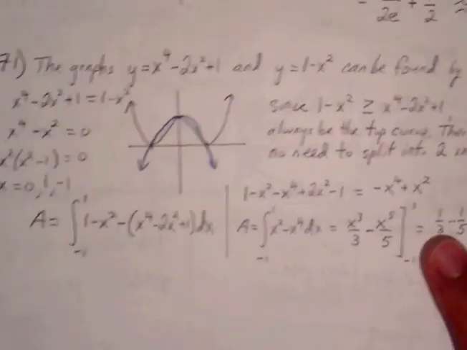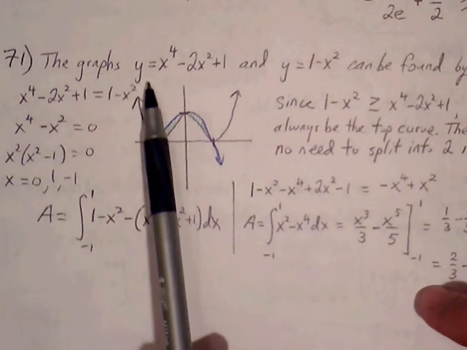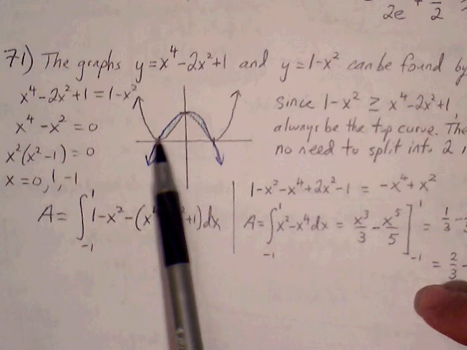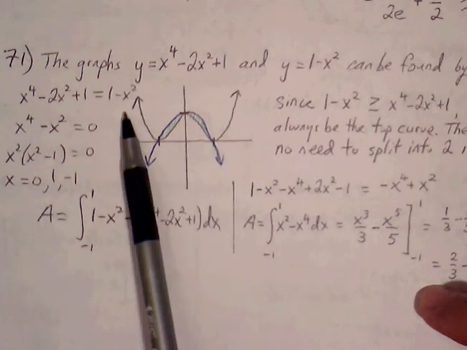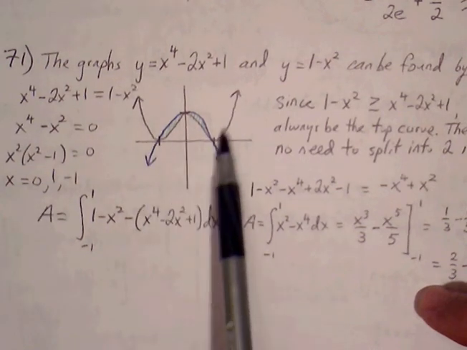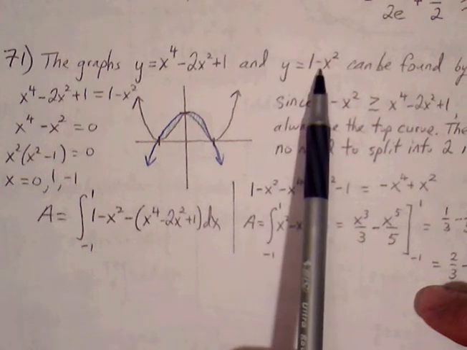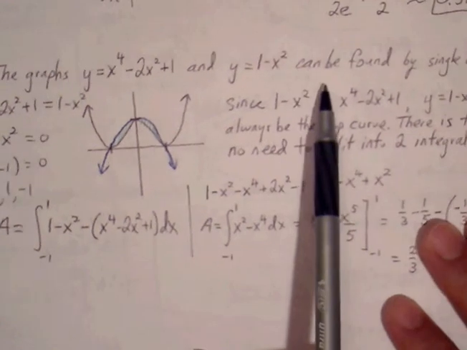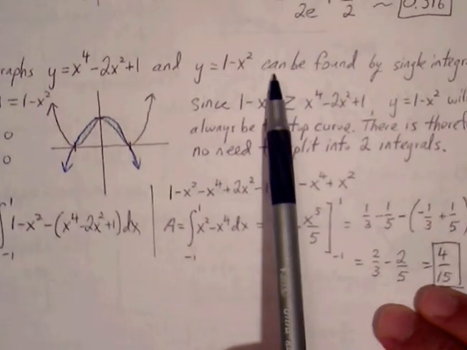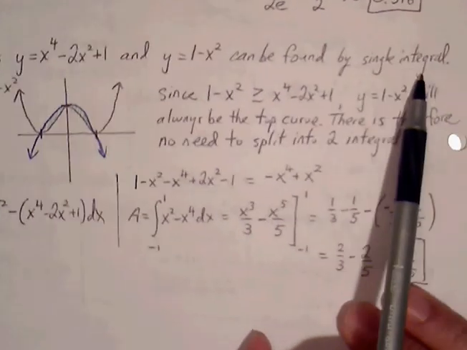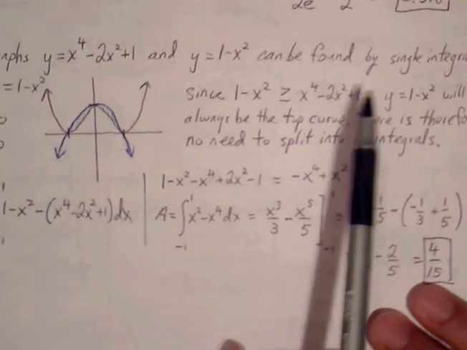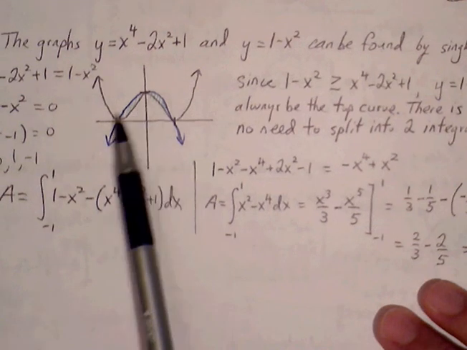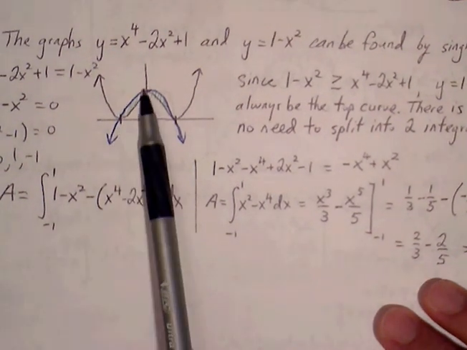Okay, number 71 just says we're given the graph of x to the 4th minus 2x squared plus 1, which is this quartic function that you see here, and y equals 1 minus x squared, which you see here with the parabola that opens down. The problem says that this can be found by using a single integral. And the reason why is because even though these are split into two regions, we can write this as one integral,